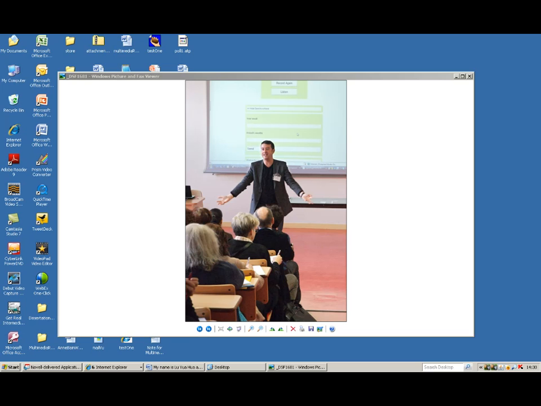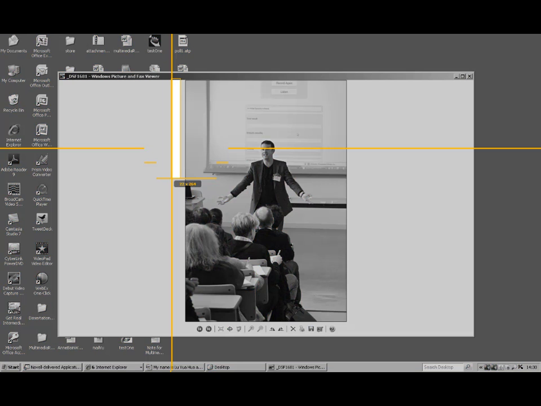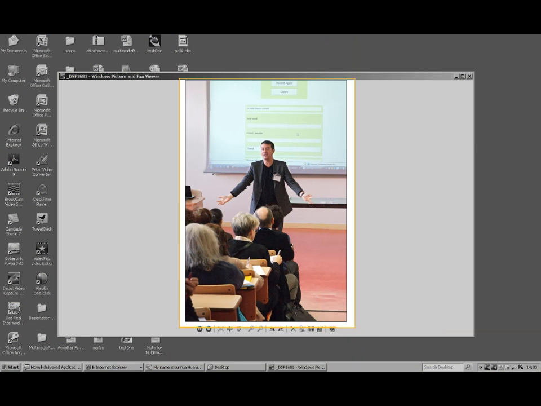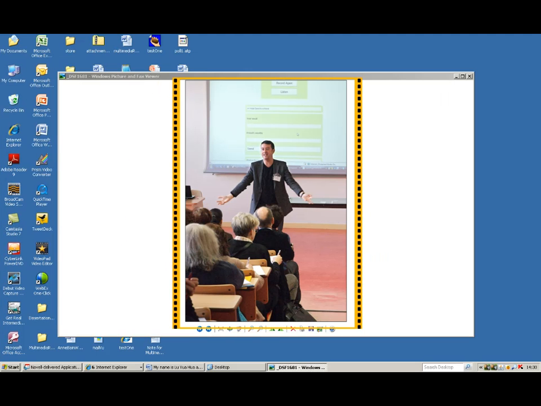Whatever you've asked them to describe, the students open up the picture onto their computer screen. They go to Jing. Jing is free. There's no cost. They click, and then they just draw a square around the outside of the picture. They click on the button, and then after 3 seconds, they can start talking.